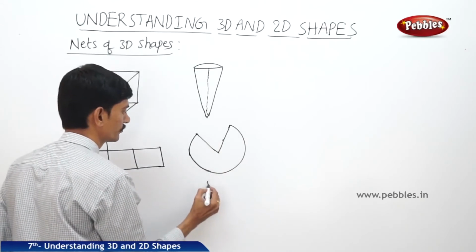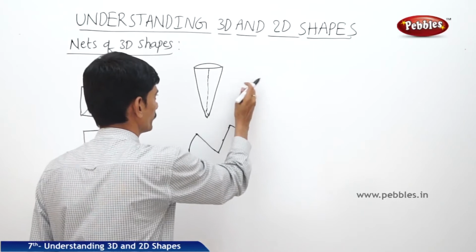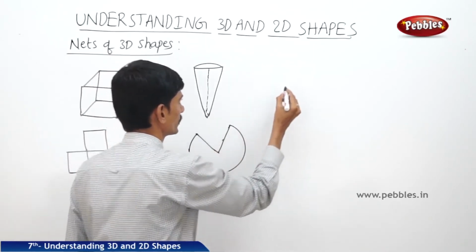Now this is the net of the cone, and if you take any other figure, any cylinder,